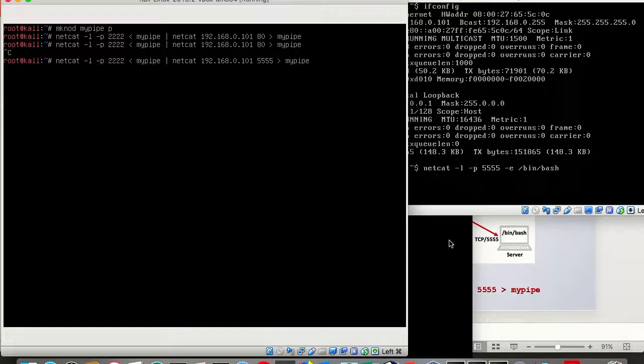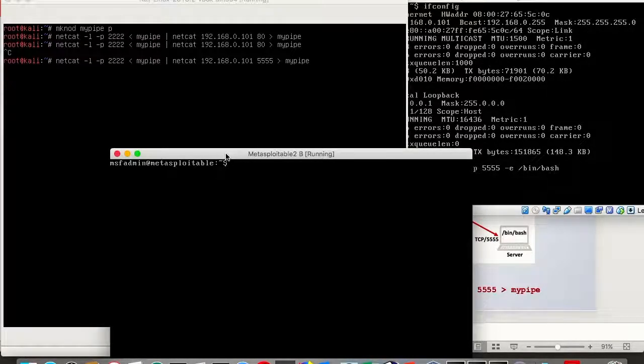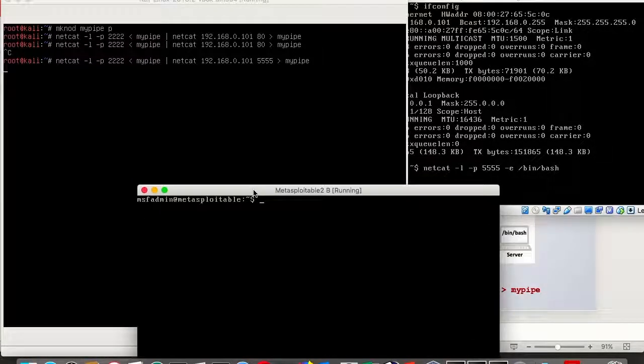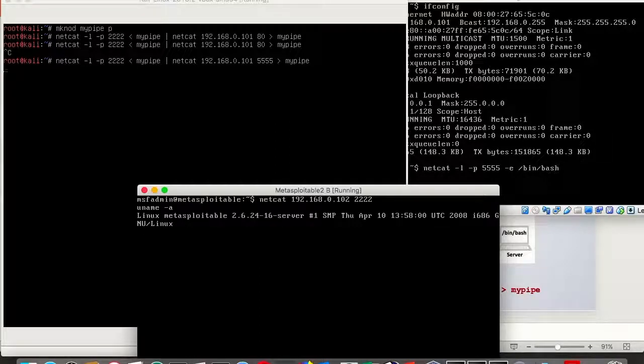So once we have this running, we can come to our system now. This is the penetration testing system, and we're gonna connect now to 192.168.0.102, which is the IP address of the Kali system over here, and we're gonna connect to port 2222. And supposedly we should have a shell access. Exactly, as you can see here, we have a shell access, and if I type ls, I can see the